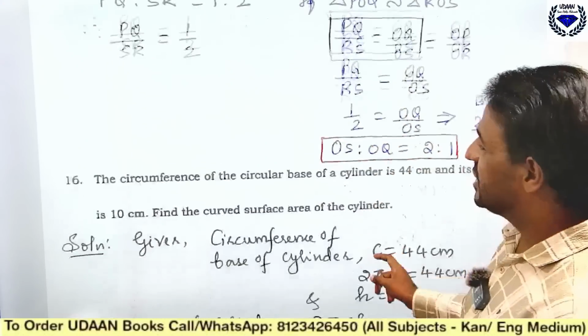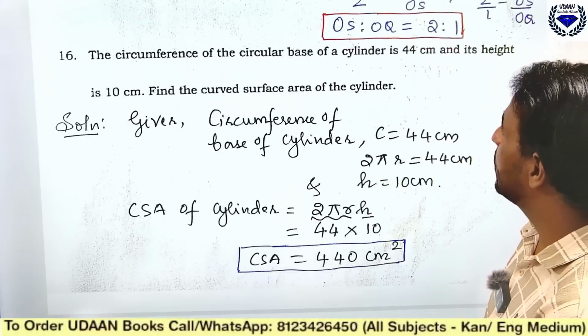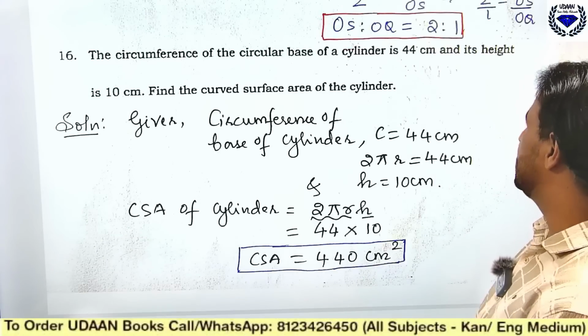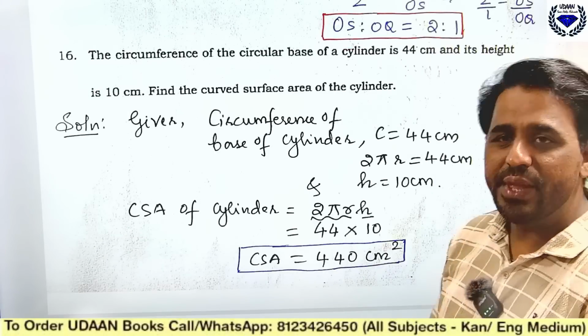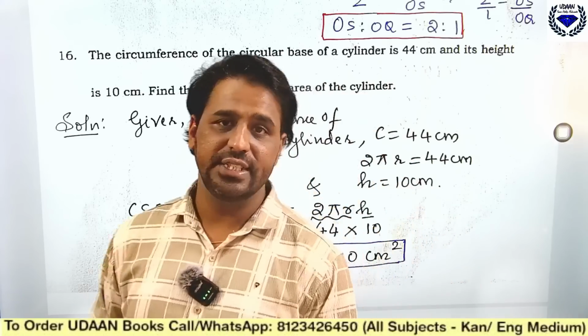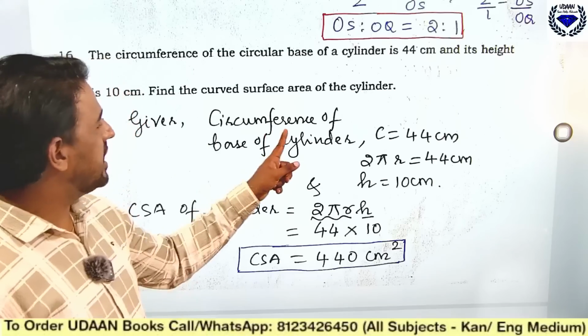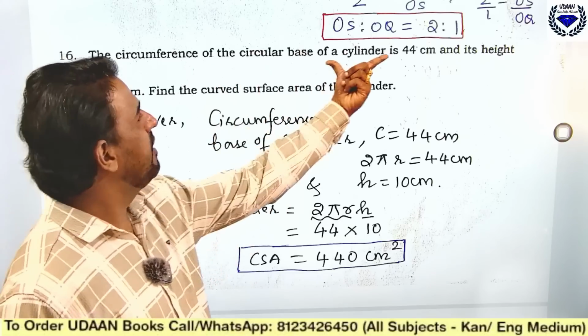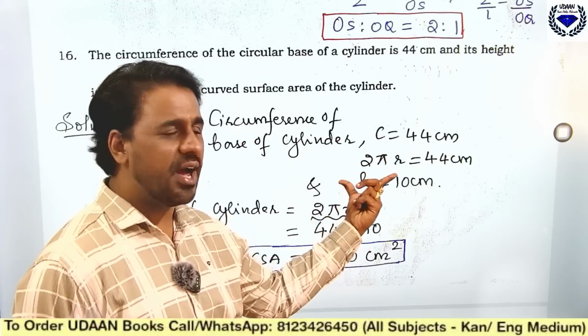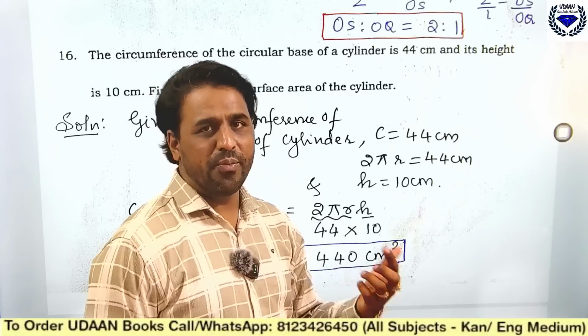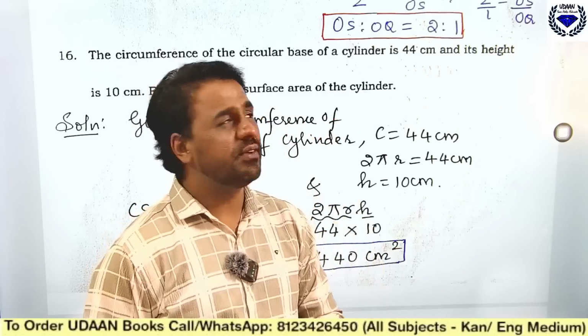Now coming to the next question. The circumference of the circular base of a cylinder is 44 centimeter and its height is 10 centimeter. Find the CSA, that is, the curved surface area of the cylinder. How will you do this one? See, the circumference is given here, that is 44 centimeter. What is the circumference formula? 2 pi r is equal to 44, because the circumference of the base of the cylinder will be